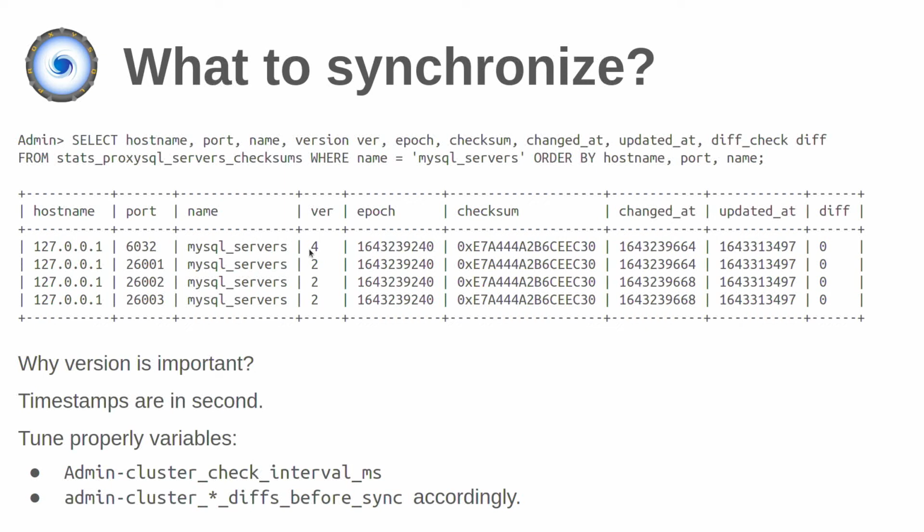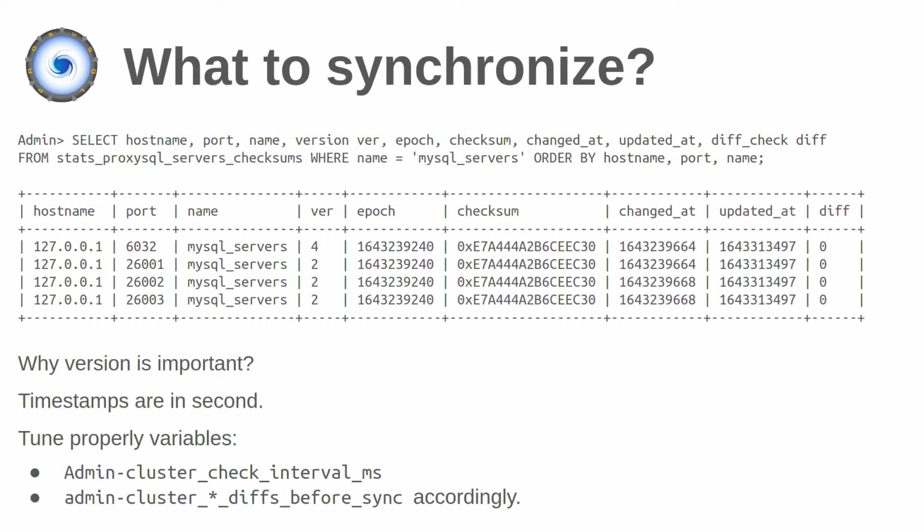And if you have a ProxySQL that just started, the version is 1 because it executed internally load to runtime just once. So 1 has a special meaning. It basically means that the node just started. And because 1 has a special meaning, ProxySQL knows also that it should never sync from a proxy that has a version number 1.